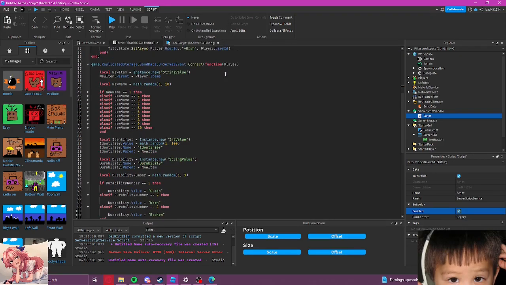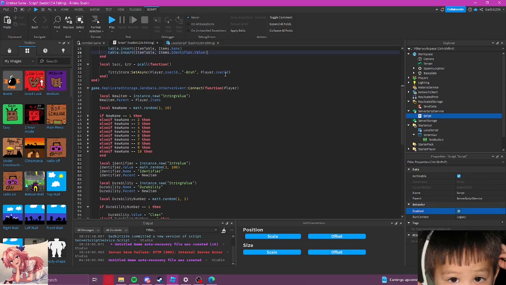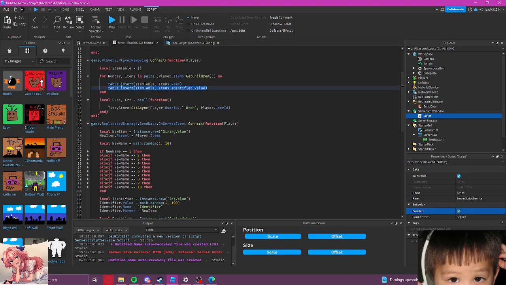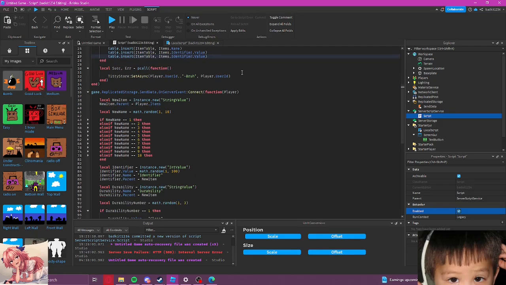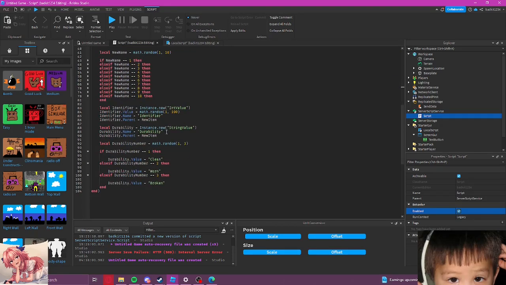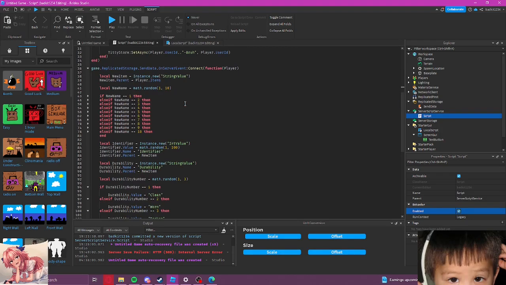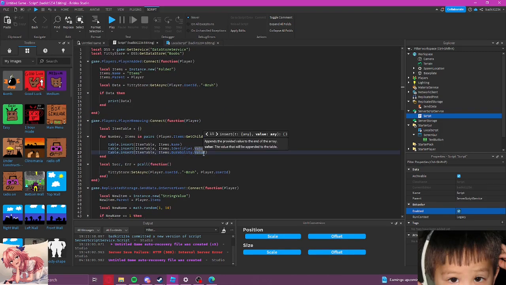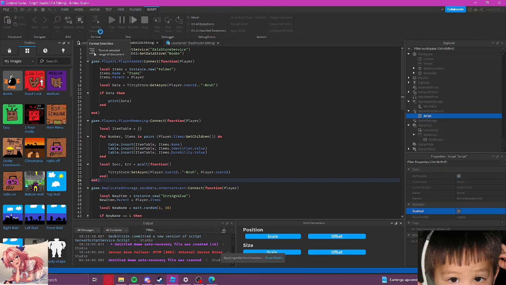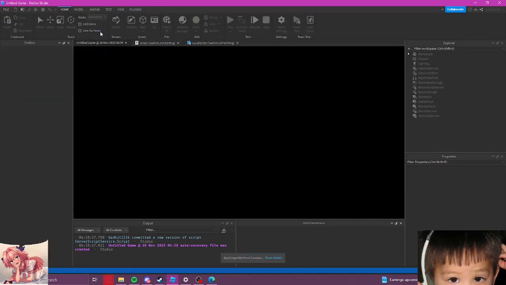And now we are going to do the durability. So we're going to pretty much do the exact same thing as this. I don't know if I gave it the name that I should have done. So yeah, we named it durability. So we're going to be doing durability, and then we just said we're trying to get its durability. All right, there we go. So now we should have saved all of this, and now we should have something working for that. Let's go ahead and see if this works.